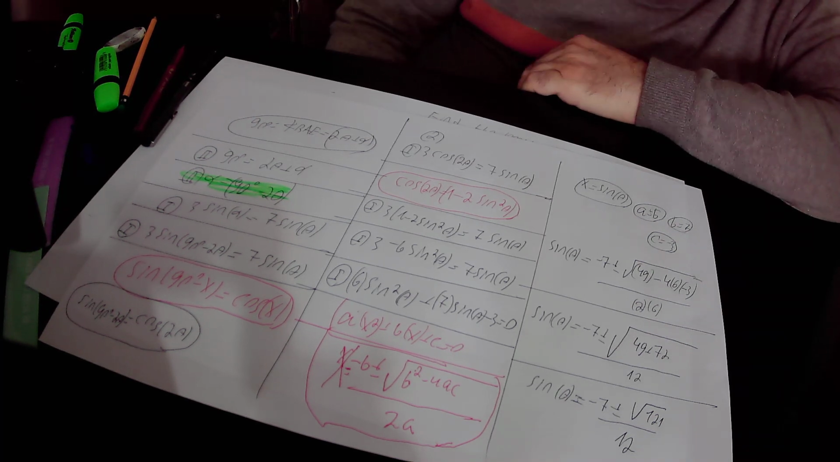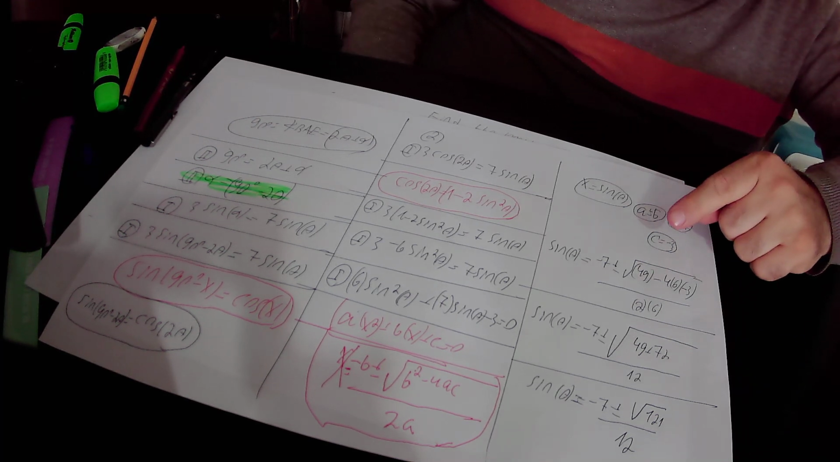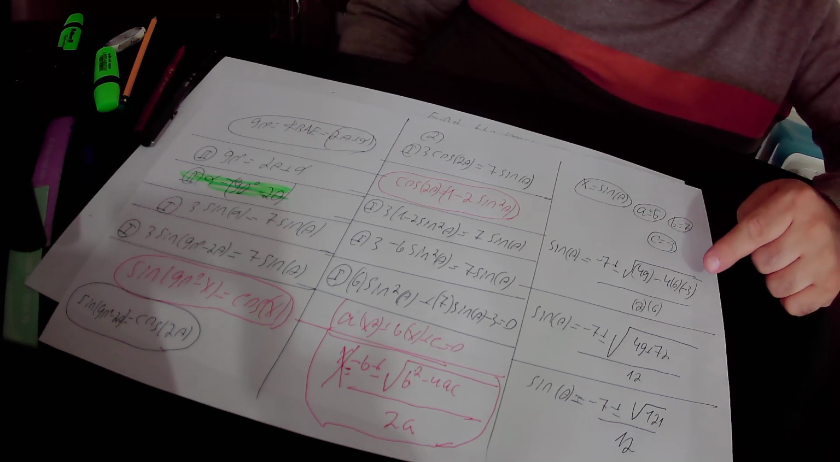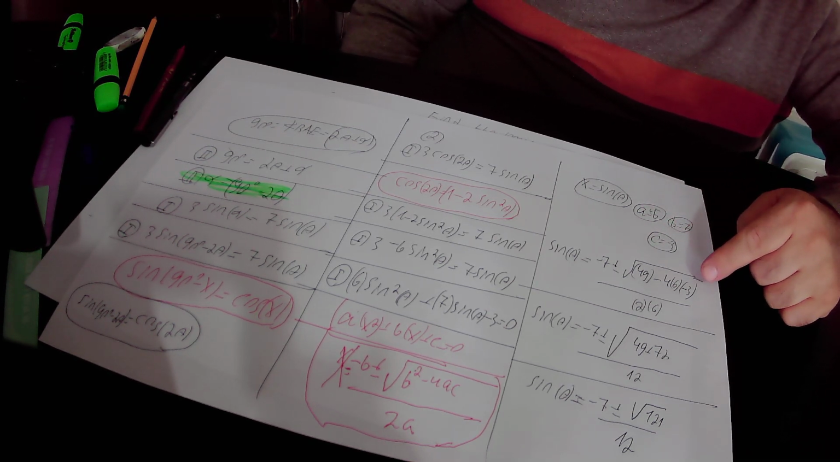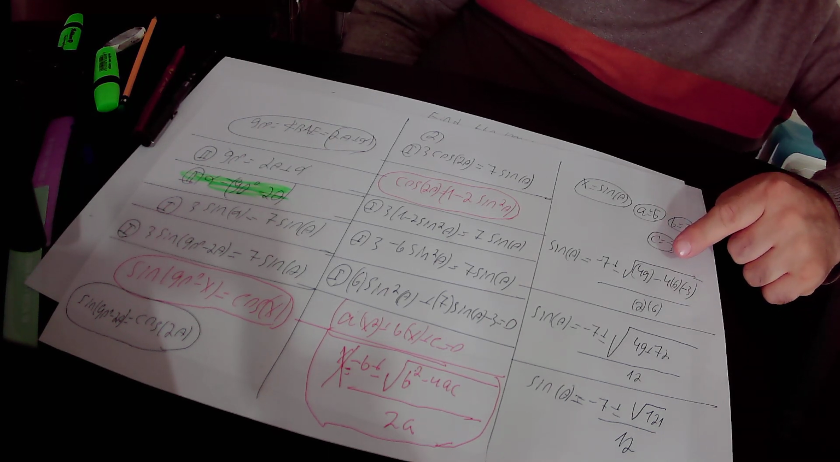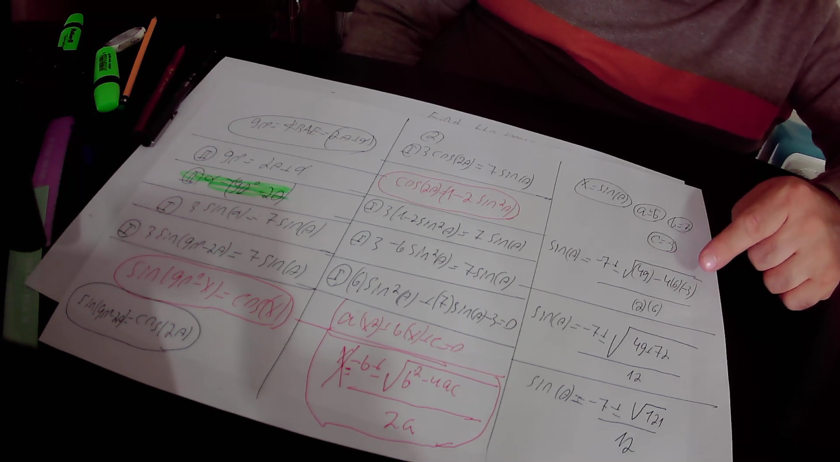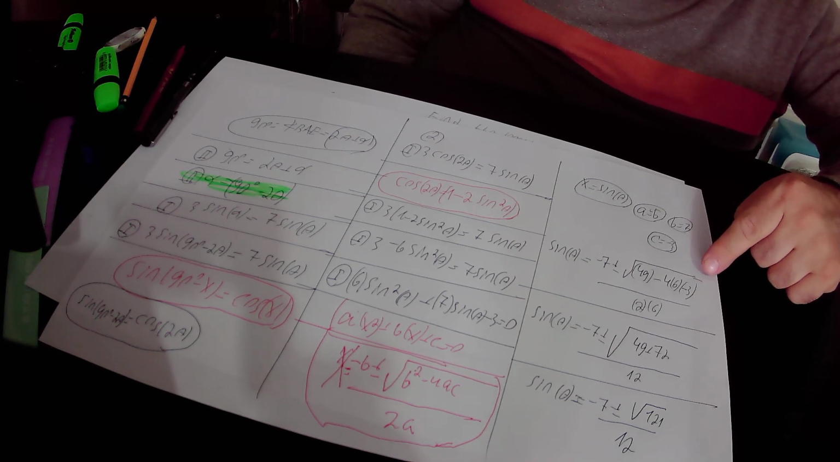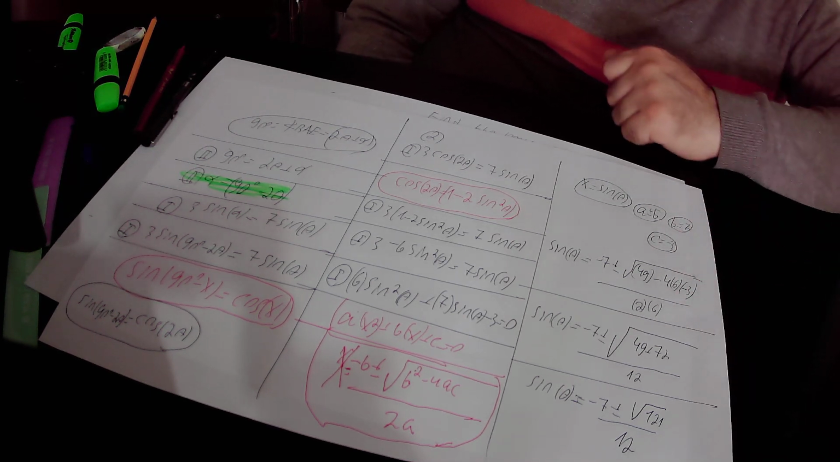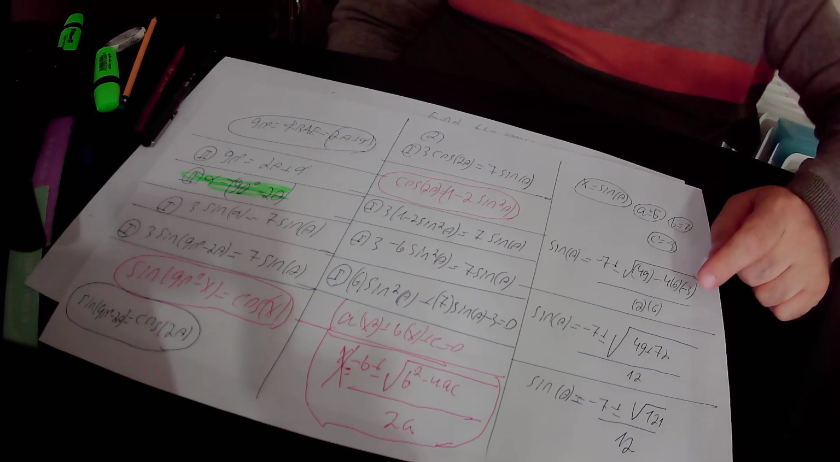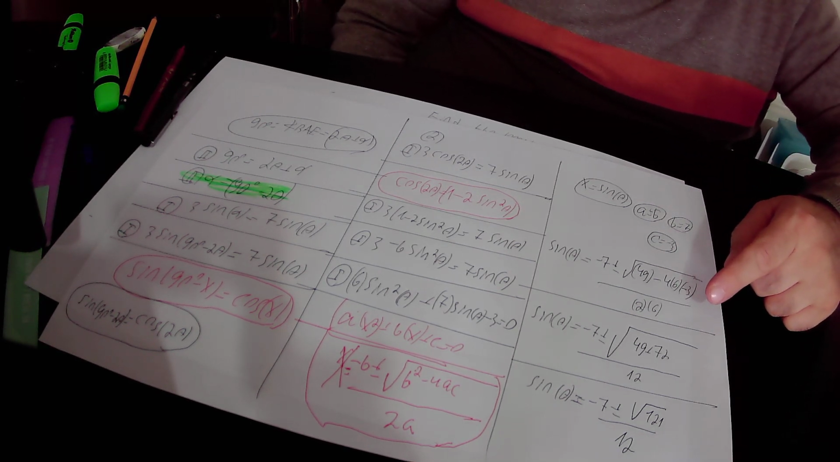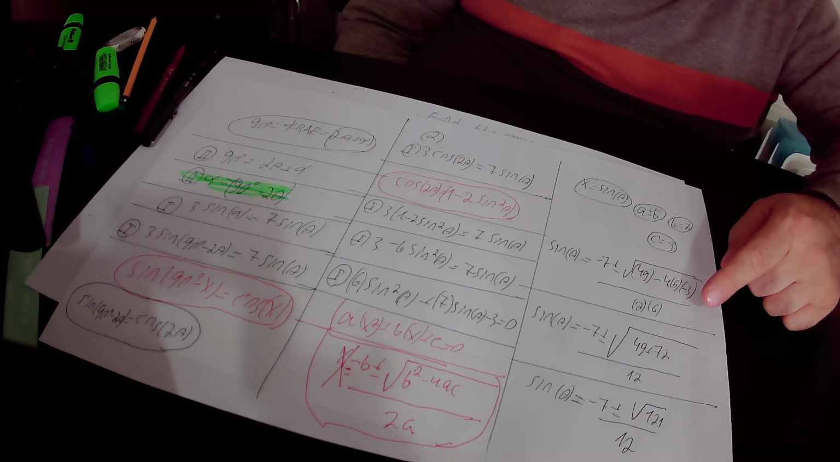And we found that sine theta equals minus b. b equals 7, so minus b is minus 7, plus or minus the square root of b squared minus 4ac. b is 7, so b squared is 7 squared, that is 49, minus 4 times a, which is 6, times c, which is minus 3. So here, minus 4 times 6 is minus 24, and minus 24 times minus 3 is 72. So in conclusion, we found that sine theta equals minus 7 plus or minus the square root of 49 plus 72,